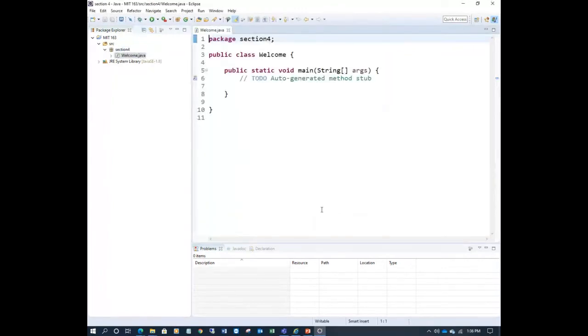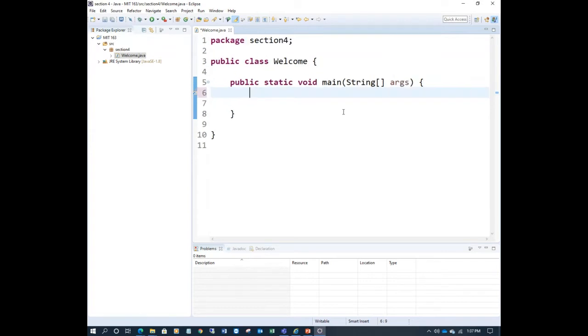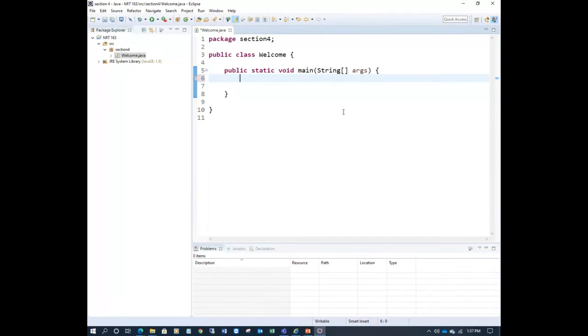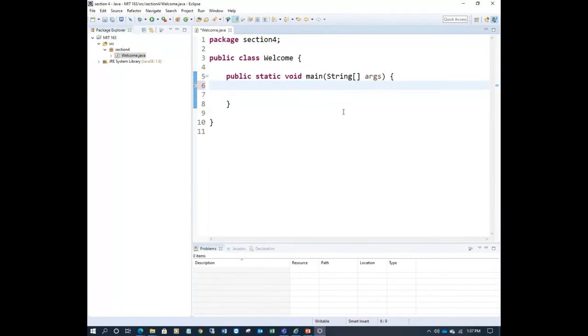Now it by default creates a default program called Welcome. Make sure yours is the same, right? So here is your program, and this is a default auto-generated statement under comments. It's a comment, no need for this, just delete it. If you want to increase the size of the font, press Ctrl plus. If you want to decrease it, press Ctrl minus, right? This is more visible to you.